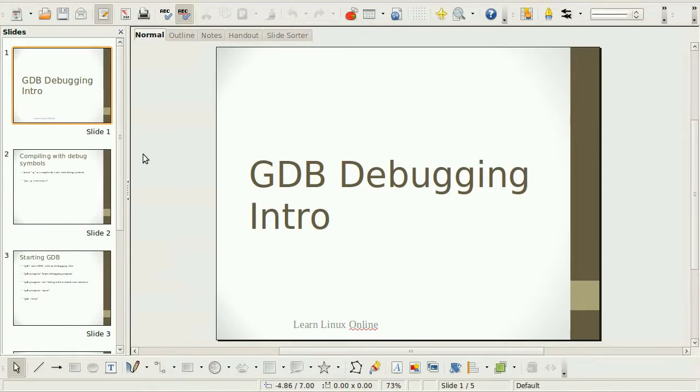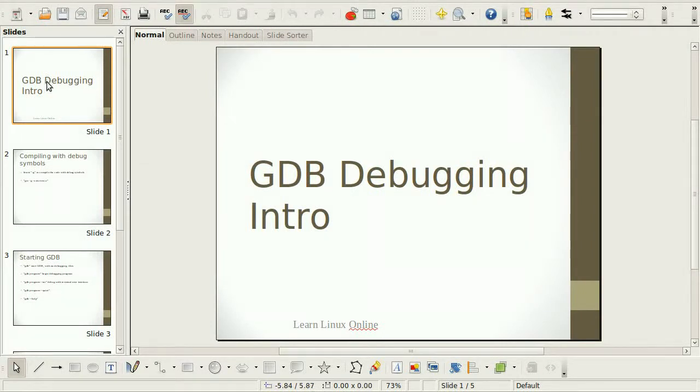This video is an introduction to debugging using the GDB debugger. GDB is the GNU debugger. It is open source software and can be used to look inside your code, see how it is executing, what the various changes are, step by step, and if you are getting some kind of error, you can debug it very easily using GDB. It is a very easy tool and it is free. Most important, it is free.